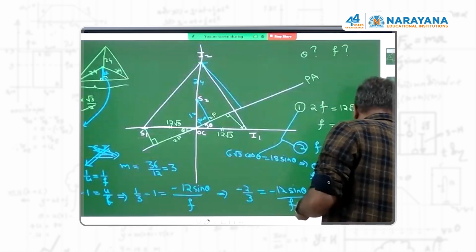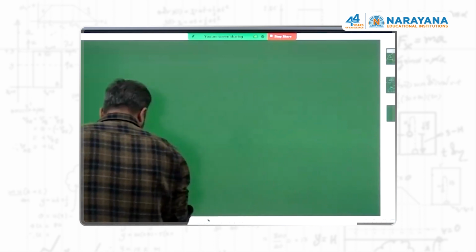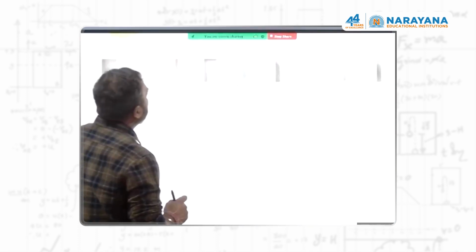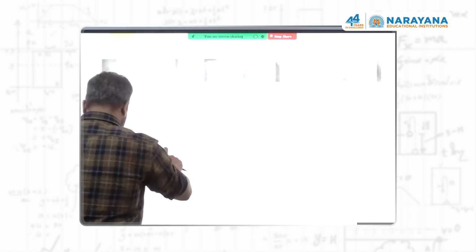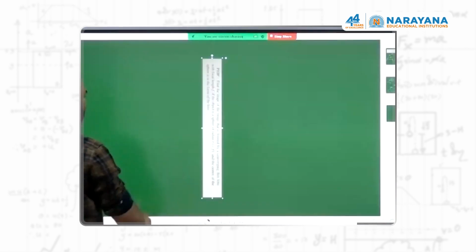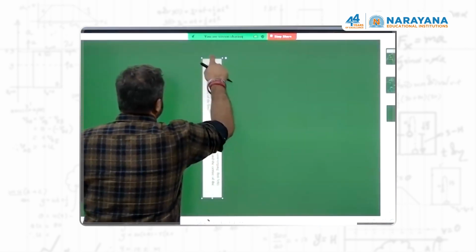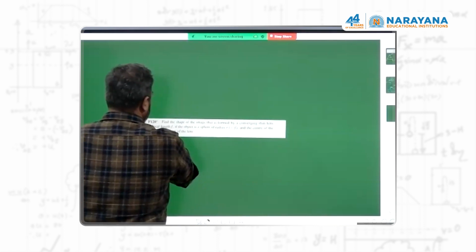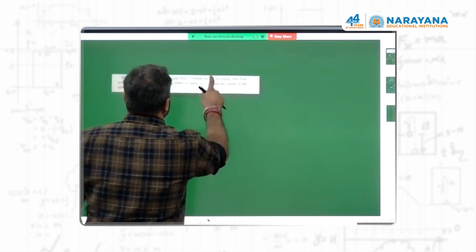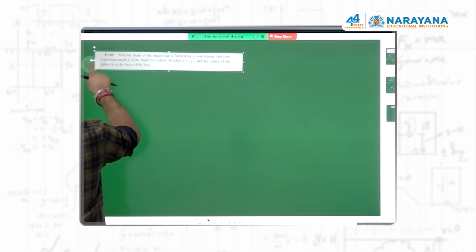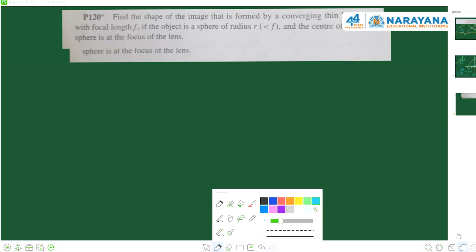Okay, let's move on to the next problem for the day. So let me take up the second question. Now in this question, that is problem 120, go through this problem. The problem here is to find out the shape of the image. Read the question carefully. The question is, what is the shape of the image that is formed by a converging